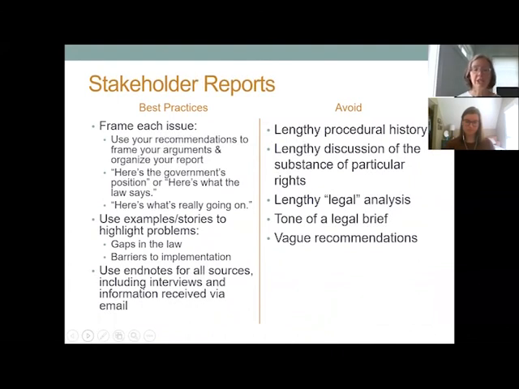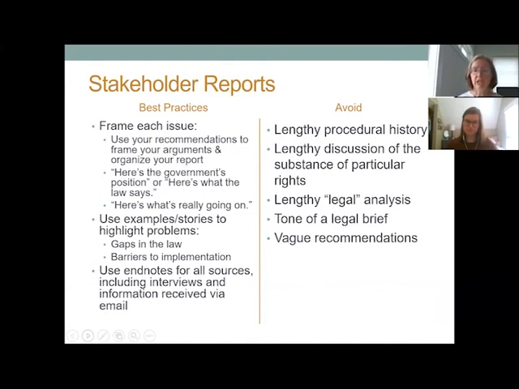Another good way to frame the issues is to say, here's what the government's position is, or here's what the law in our country says, and then give an explanation of here's what's actually going on. Because governments often like to toot their own horn, paint a rosy picture of the human rights situation in the country, and you as people on the ground working on human rights issues can say, here are the actual problems that the government isn't telling you about. So you have a lot to offer to the Universal Periodic Review process and information to share with the Human Rights Council delegates they're not going to get from any other source. They want to hear from you so that they can make good, relevant recommendations.